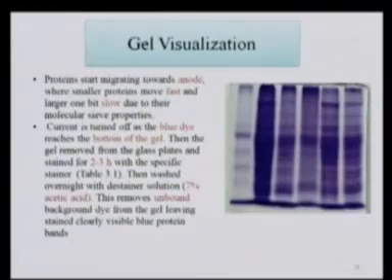Once the tracking dye reaches the bottom, here you can see the tracking dye reaching the bottom of the gel. On the right side of the picture you can see the tracking dye. Once it is there, you are going to take the gel out of the glass slides and perform destaining. Through this destaining you are going to remove the unbound stain from the gel, and the destainer is nothing but 7% acetic acid. This removes the unbound stain, and you can see here on the right side of the slide the clear gel bands.